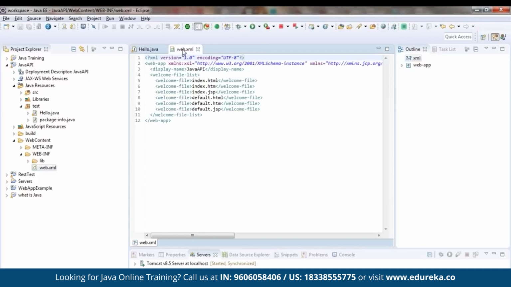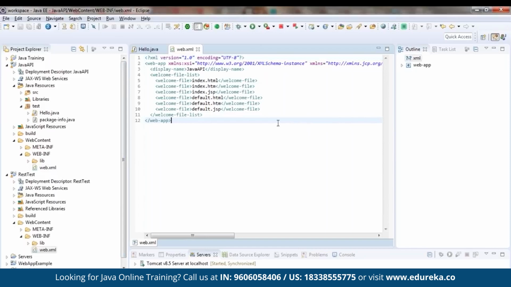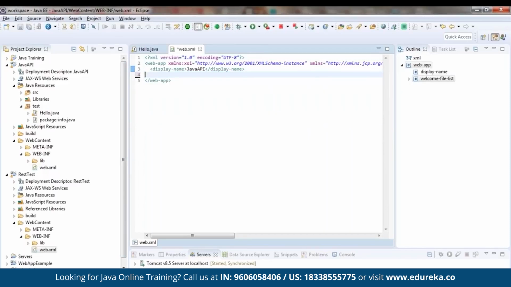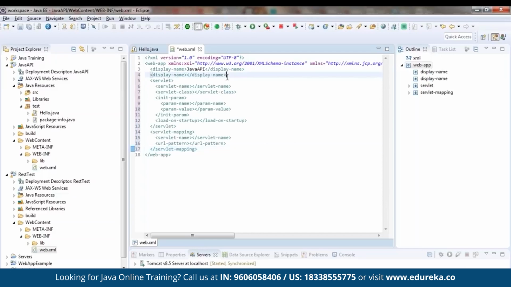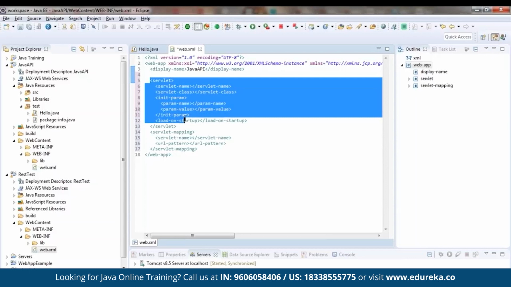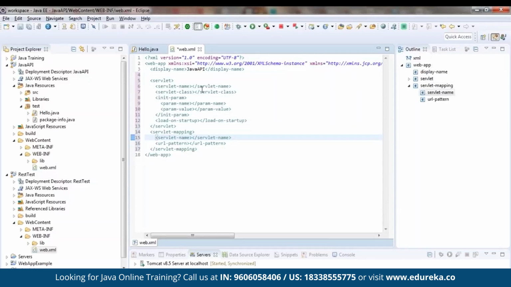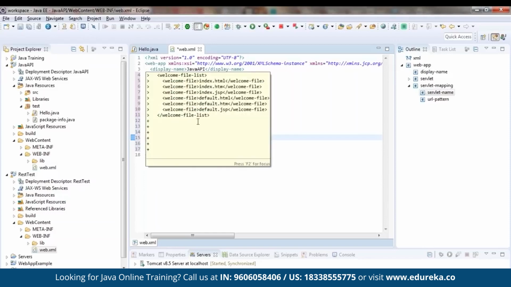So for that we are basically going to add a few tags in this web.xml file. Now first thing I'll be doing is I'll just remove this welcome file list. I'm doing this because I don't have an index.html page. Now I'll just add a few tags here. Now I'll explain each one of them. These are basically my servlet tags and these are my servlet mapping tags. So I'll help you understand the different values that you need to add to this description. Now this is a standard set of tags that you're going to be using for every web application